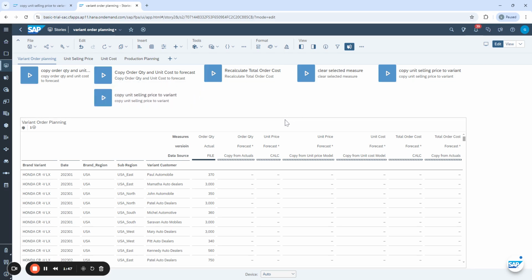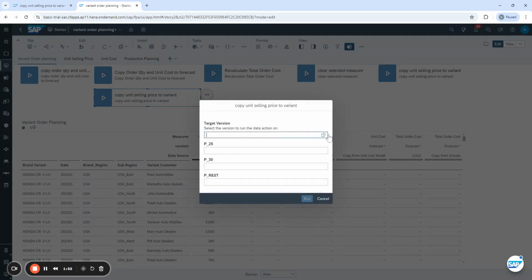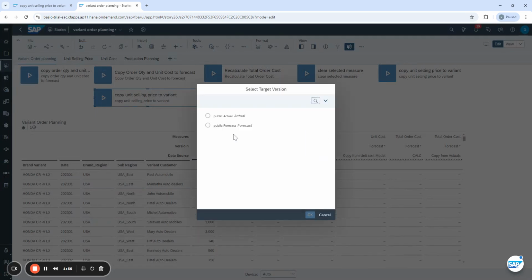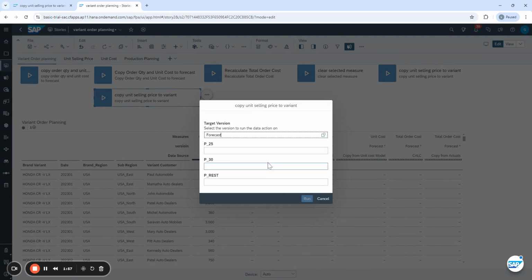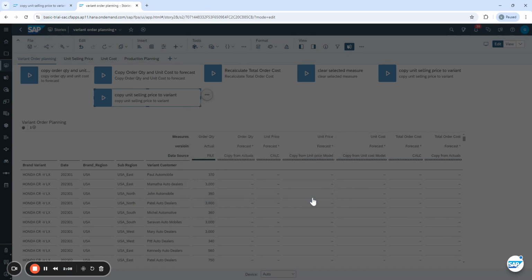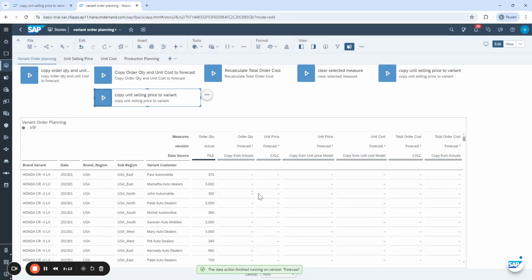Okay, this is fine, right? Once we run this one, we have seen this already in the previous video. So here I'm selecting public forecast. I'm giving 30 and 40%, and the rest 50% I'm giving, and let us run this one. What happens here is it will publish the data to the model. Previously we have seen only running this data action in the tracing mode. Now we are running this data action in the story dashboard so that you can see the data in the